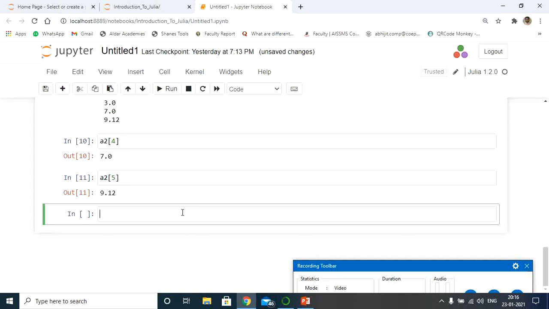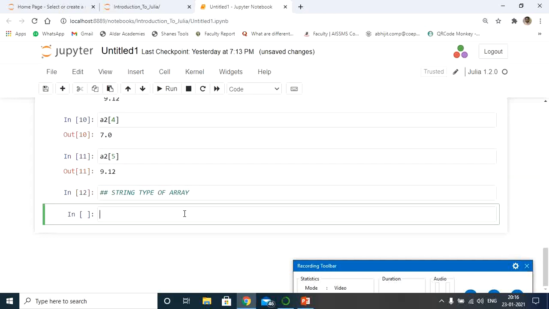Let me write in comments: string type of an array. Again I'll create one variable, let's say s1, and the values of the array are, let's say, I, love, Julia.